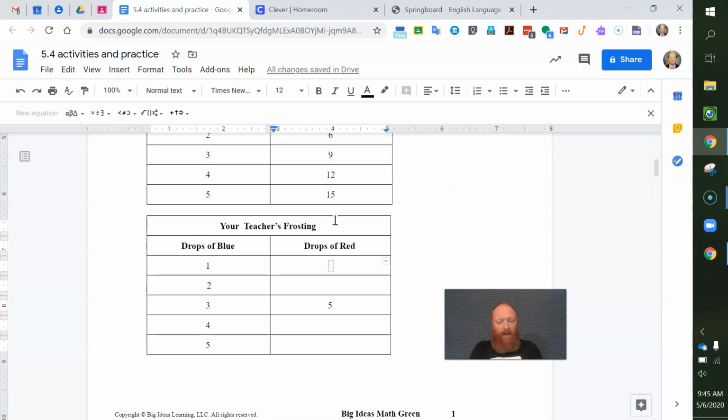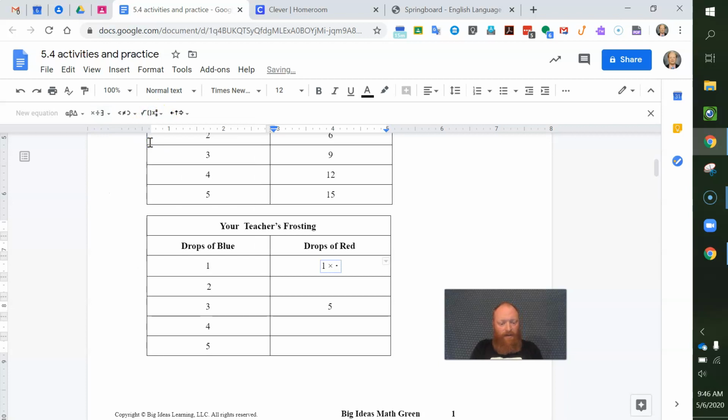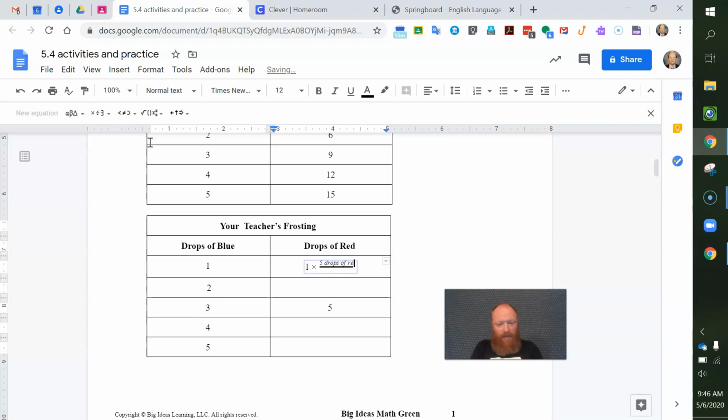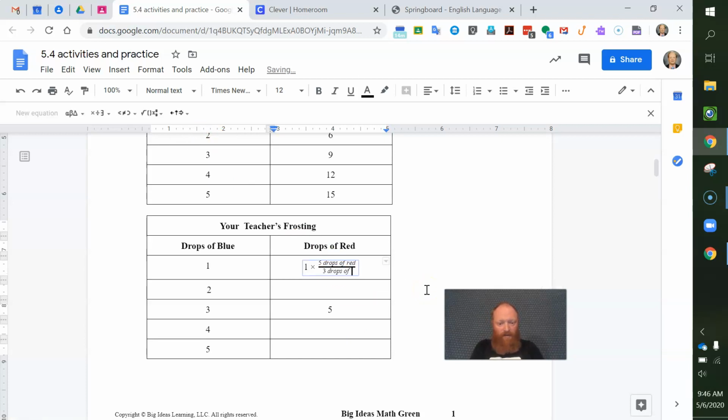So we would have 1 times 5 drops of red for every 3 drops of blue. Okay, and 1 times 5 drops of red over 3 drops of blue is the same as saying